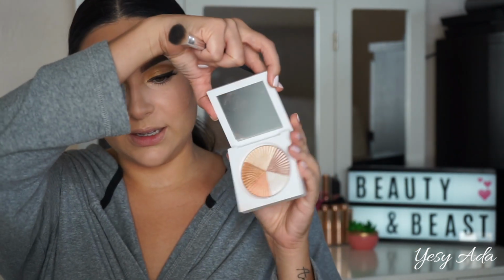So now for highlight, I want something really beautiful and ethereal. So what I think I'm going to do is use two highlights. I'm going to go into the Ofra highlighter in the shade Beverly Hills. It looks like this. And I'm going to swirl my brush around, tap off the excess, and just